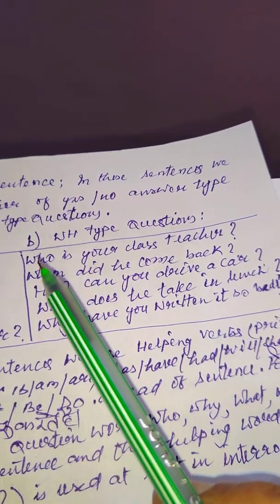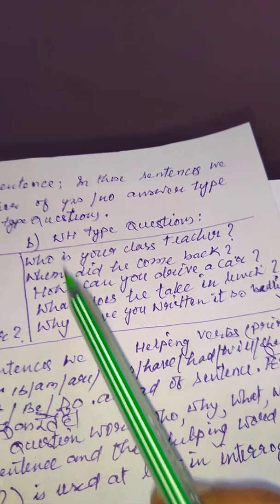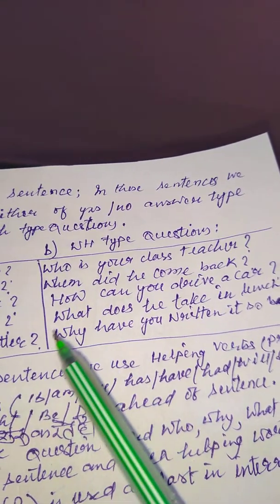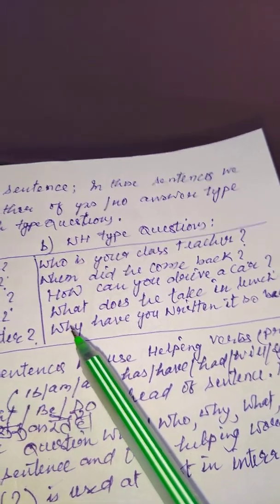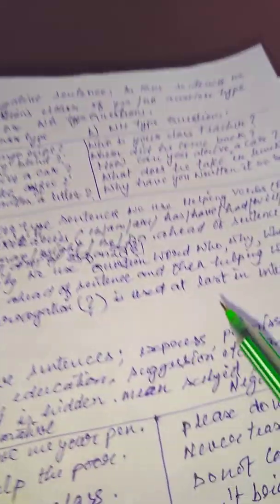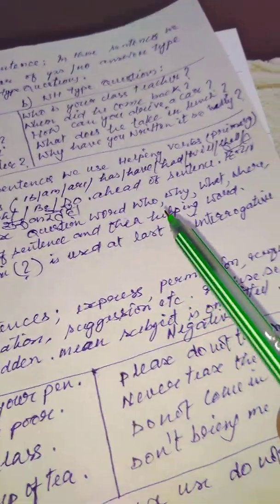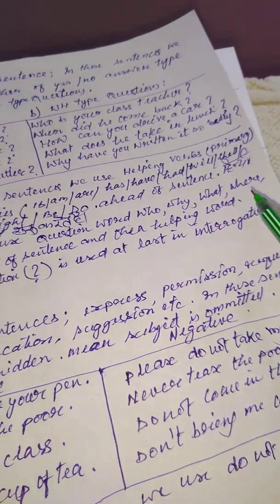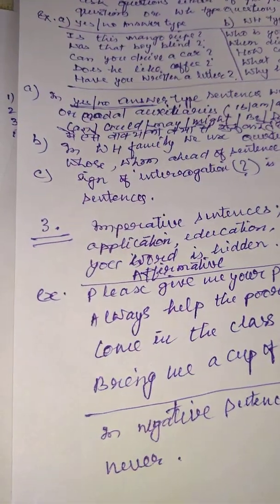They have used ahead of subject who, when, how, what and why. We could use whose and whom also here, as we have made a mention in the examples there. This was about